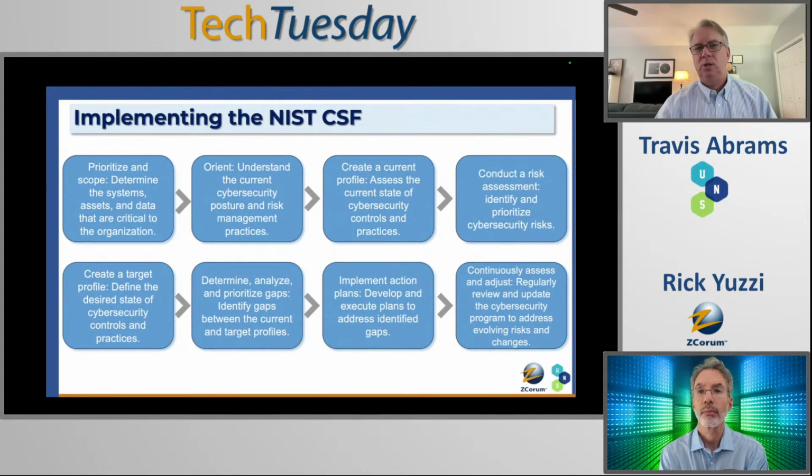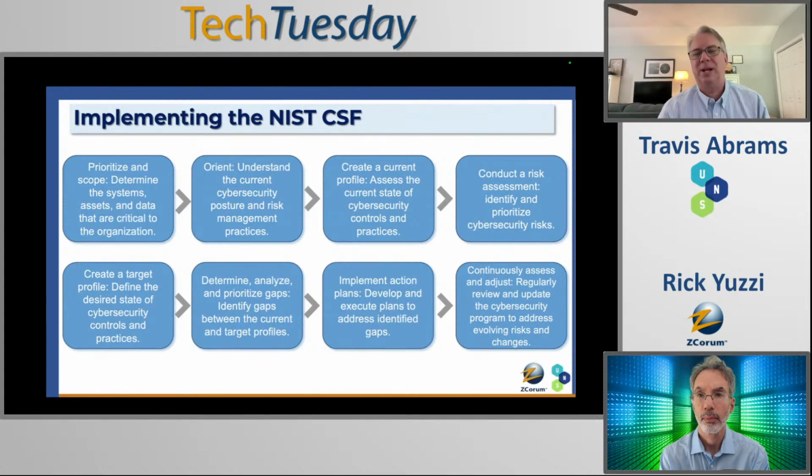And a simple way to go through this is a spreadsheet, just simply tracking and listing out your core applications, who owns them, your core assets and data. Again, it doesn't have to be super fancy, especially for smaller organizations. And then you really want to go through a risk assessment, is what we recommend. So before you start going out and purchasing technology or implementing technical changes and all that, you really need to get an idea of what is the current state, right? So you can basically create what NIST refers to as a profile, right? So a current profile is essentially going to be, where are you at today?